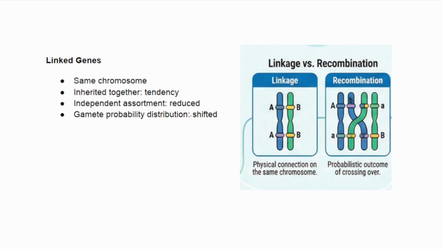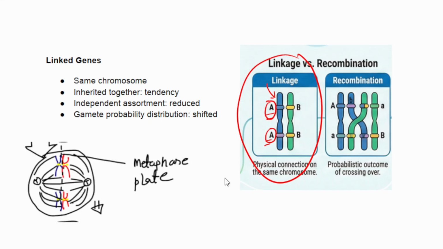Next, we define linked genes. When we say genes are linked, we're really talking about the physical reality, not a genetic rule. In this picture, the left blue chromosome has two genes. Both are denoted with the letter A. These two genes are linked genes. So we can say that if two genes lie on the same chromosome, they are literally part of the same DNA molecule. So during meiosis, they are pulled, aligned, and separated together. Because Mendel's law of independent assortment assumes genes sit on different chromosomes or far apart, that assumption quietly breaks